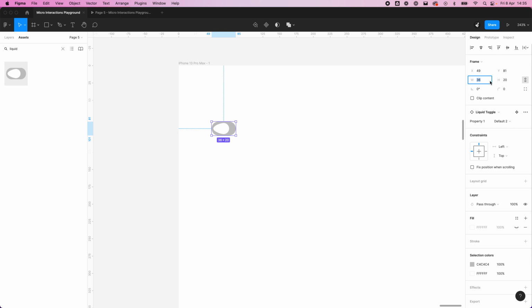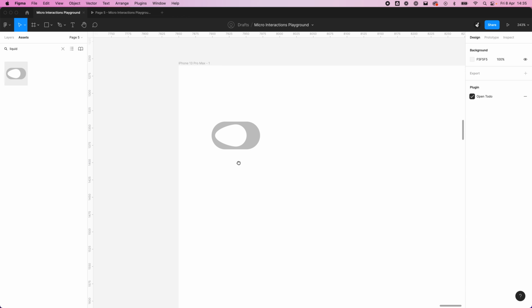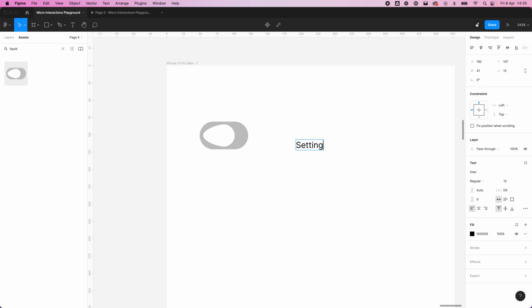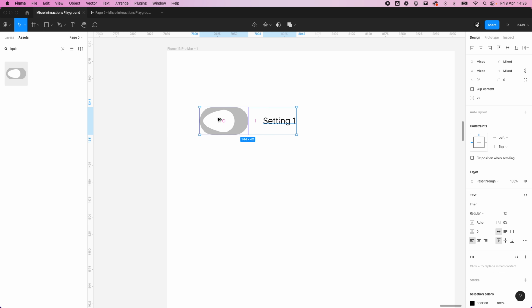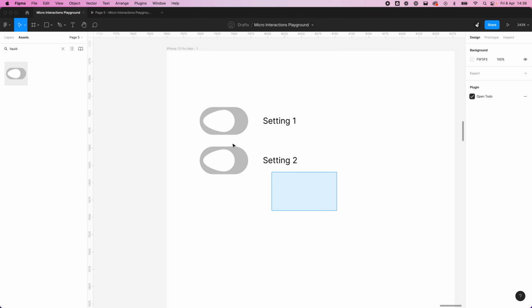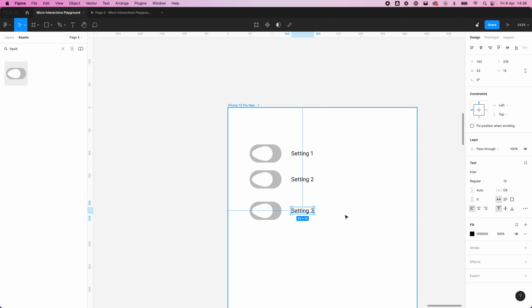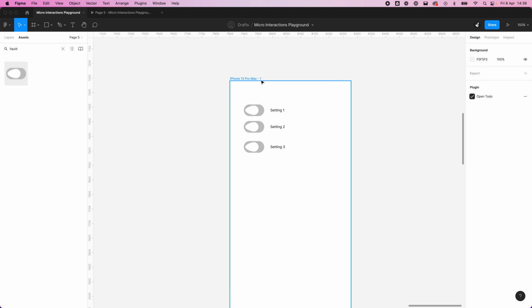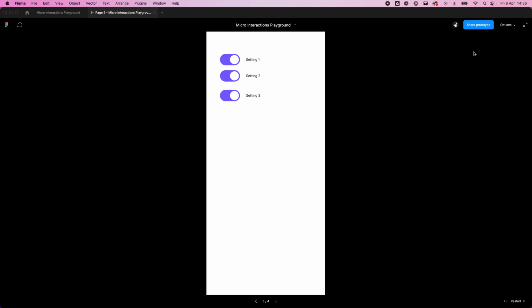In fact, I'm just going to 6 times 2, just for the point of demonstrating in this video so we can see it easily. I'm going to add setting 1. This isn't pretty, but it's just to prove a point. 2. Setting 3. Okay, so now if we go into our app, we can see that these all work individually as interactive components,